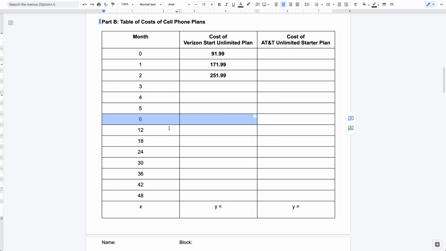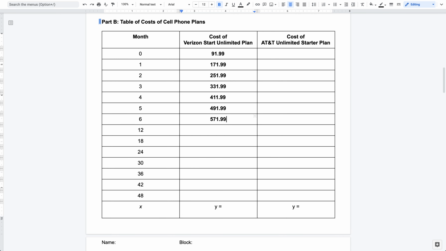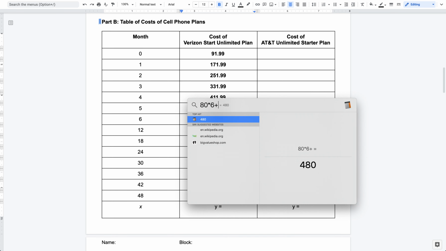And then from there, we're going to do something a little bit different to continue filling out the rest of the table. Okay, now to move over from the 6-month mark over to the 12th month, we're having to add the $80 for a total of 6 months. So $80 times 6 months, that would be 80 times 6. That's an extra $480 added to this previous amount of $571.99. So when I add this to $571.99, we're now at